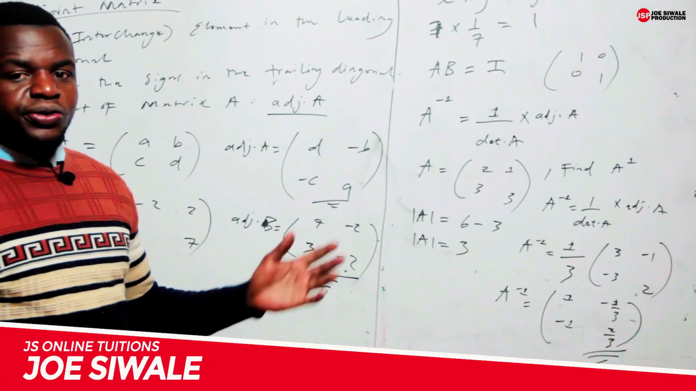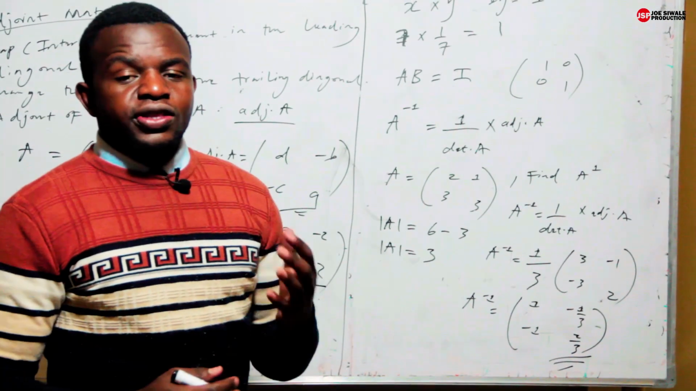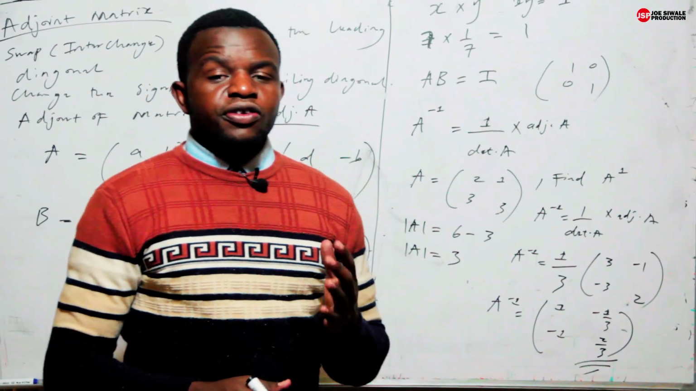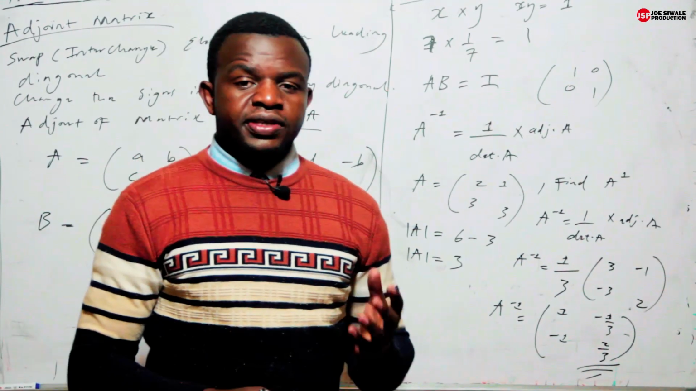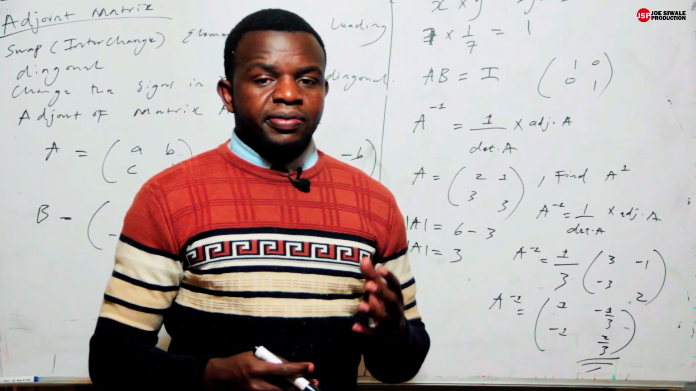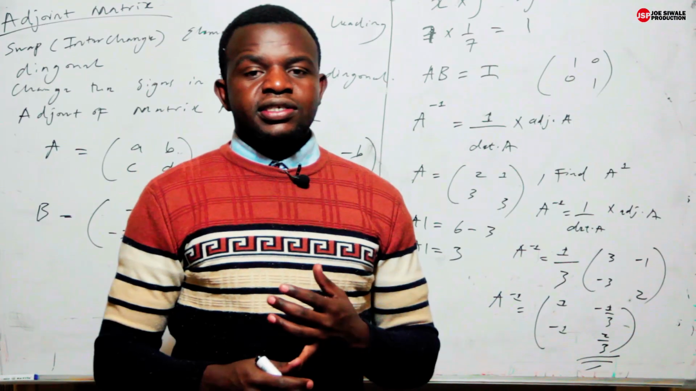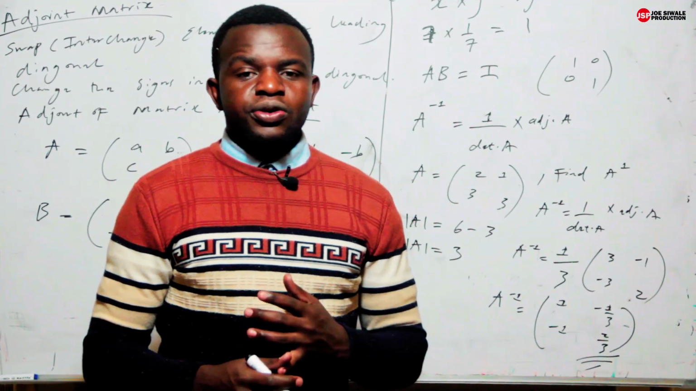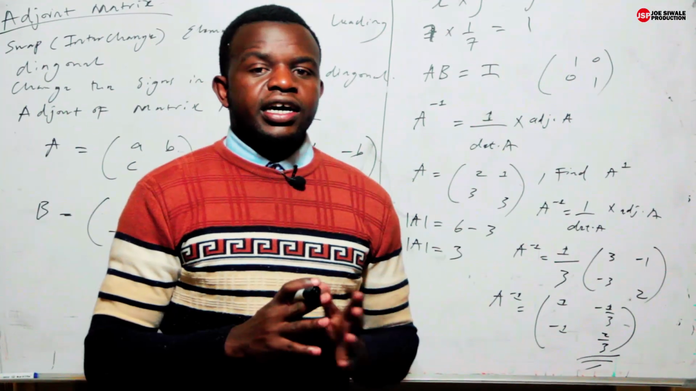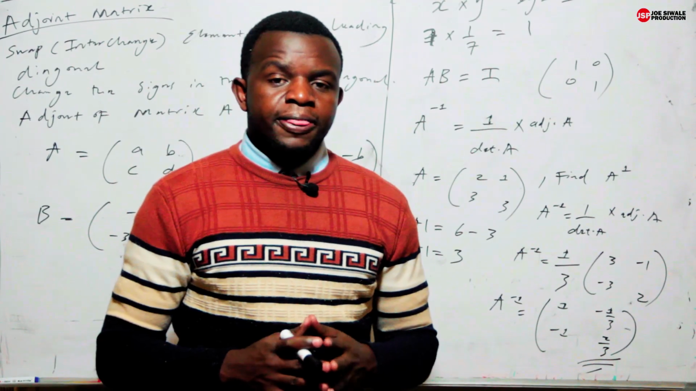So to run you through how to calculate the inverse of any matrix, the first thing that we're going to do is to calculate the determinant. When you find the determinant, and we have said that you can find the determinant by subtracting the product of elements of the trailing diagonal from the product of elements from the leading diagonal. When you find the determinant, then you have to calculate the adjoint. And we have said that you can calculate the adjoint of any matrix by